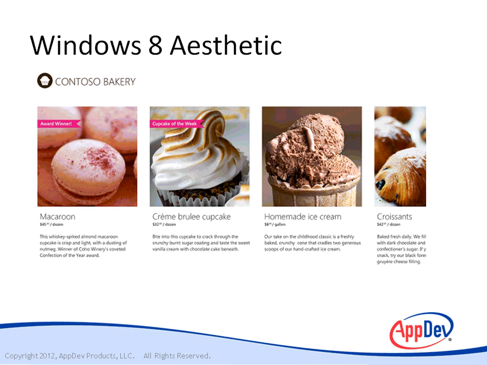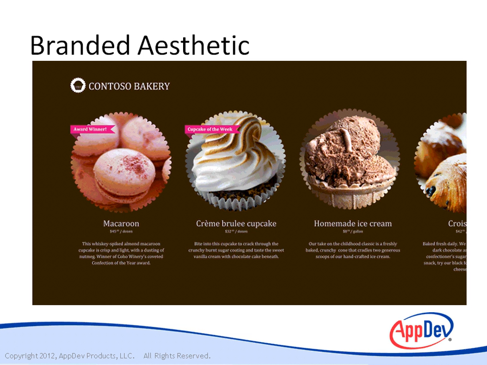Now let's take a look at this example, which really takes more of the original brand's feel and pulls it in. We've used a background that brings in this idea of chocolate. There's a lot of pink, which has that frosting sort of feel. And you can see that we're not using squares, which a lot of people assume is a mandatory element in Windows 8. And you can see here that while we're following the Windows 8 look and feel, we're also merging it with that particular brand's aesthetic, and we bring something that looks more unique and will stand out against other